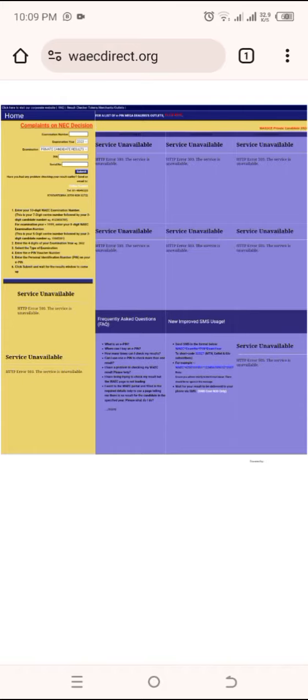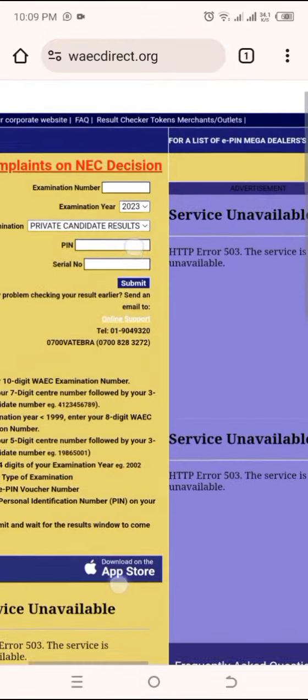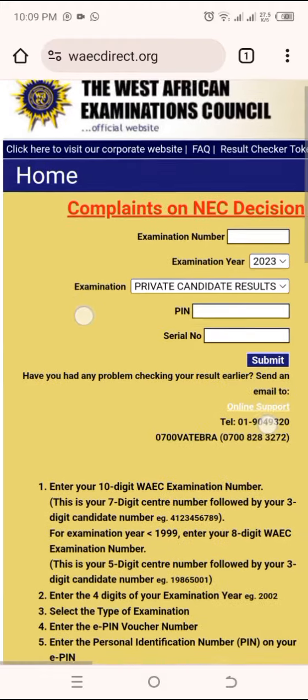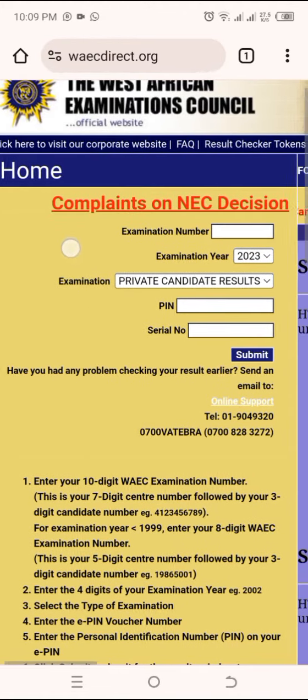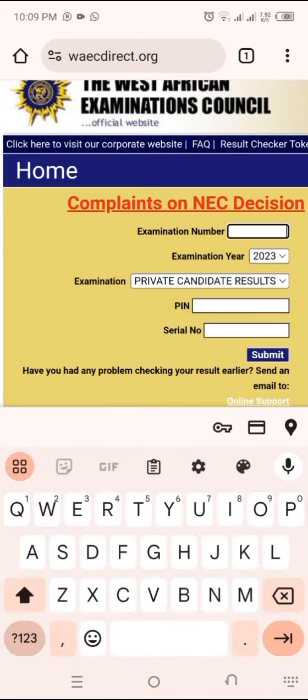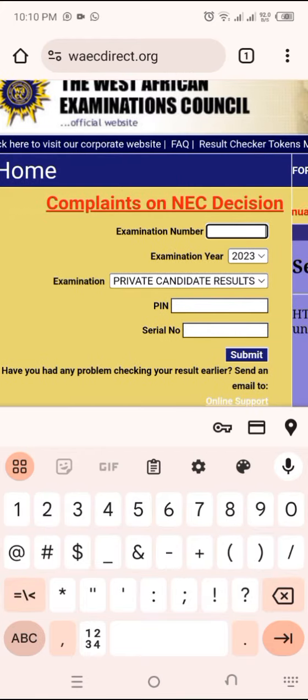So you see you will have to zoom in for you to check your WAEC result. If you are checking for WAEC 2024 result, it depends on the year that you are checking for. So your WAEC ID card given to you during your registration, there is a number you see there that they write examination number. Make sure you enter those numbers in this space, like